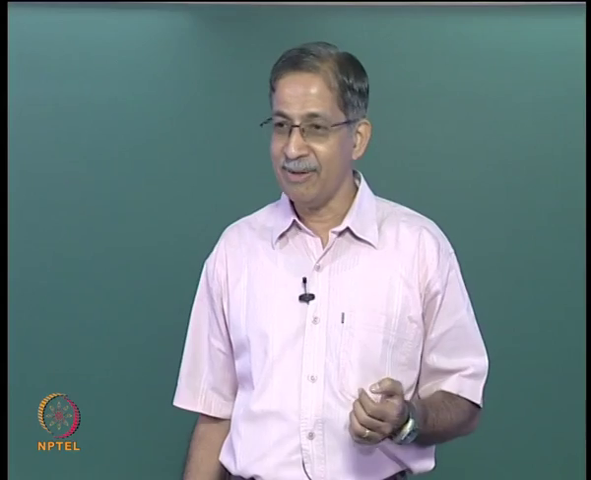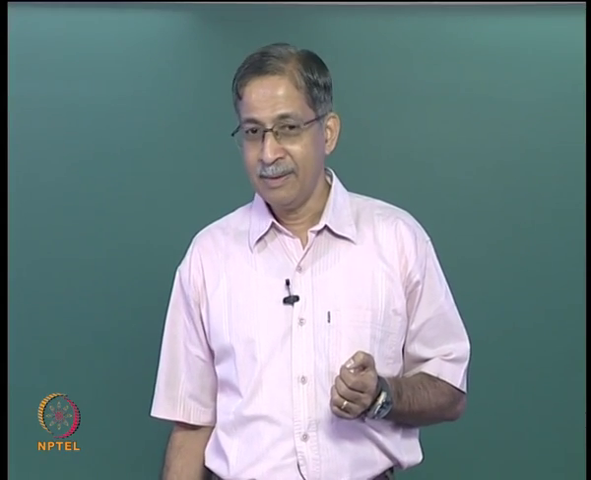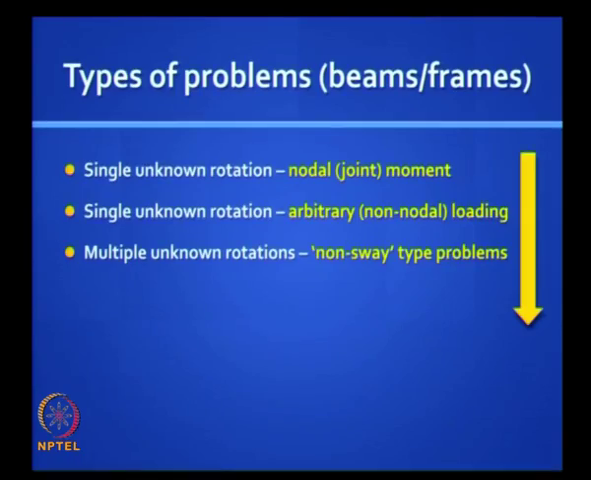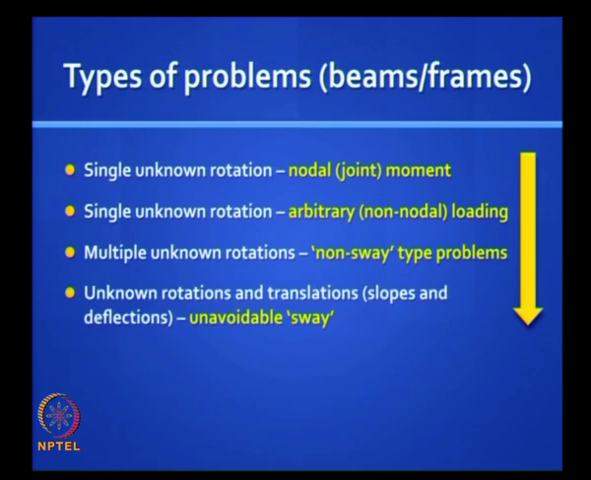What do you think is the next level of difficulty? More than one unknown rotation. Let us say continuous beam, you have 4 rotations, okay, you are right. What is the next level of difficulty? When in addition to rotations that are unknown, you have unknown translations, okay, unknown like the sway in a building, that is more complicated, right. So that is a 4th type. If you know how to do all these 4 types, you are the ustad, you know displacement method, and